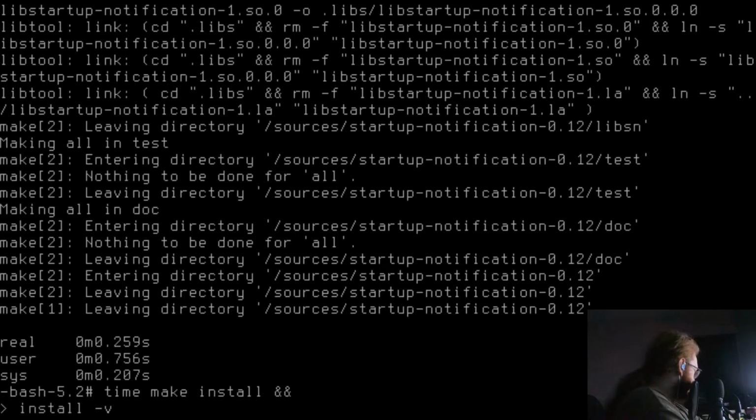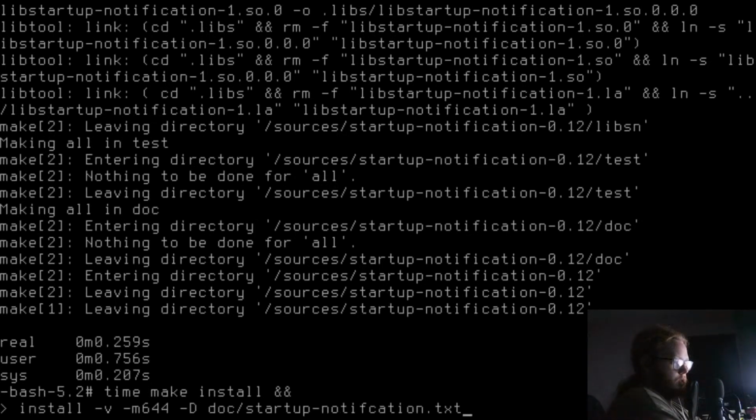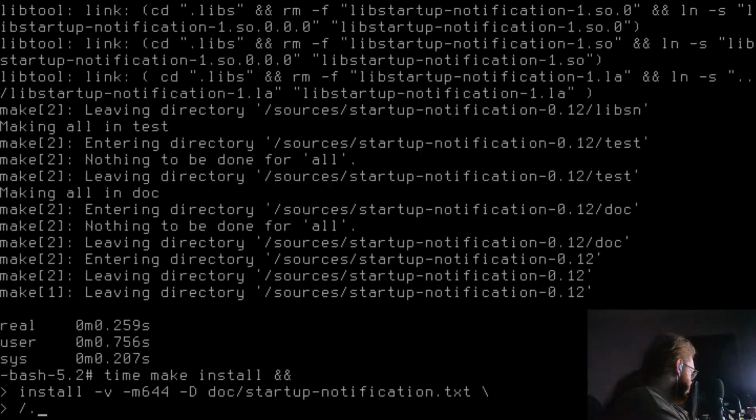And install -v -m644 -d doc/startup-notification.txt /usr/share/doc/startup-notification-0.12/startup-notification.txt. This is documentation.